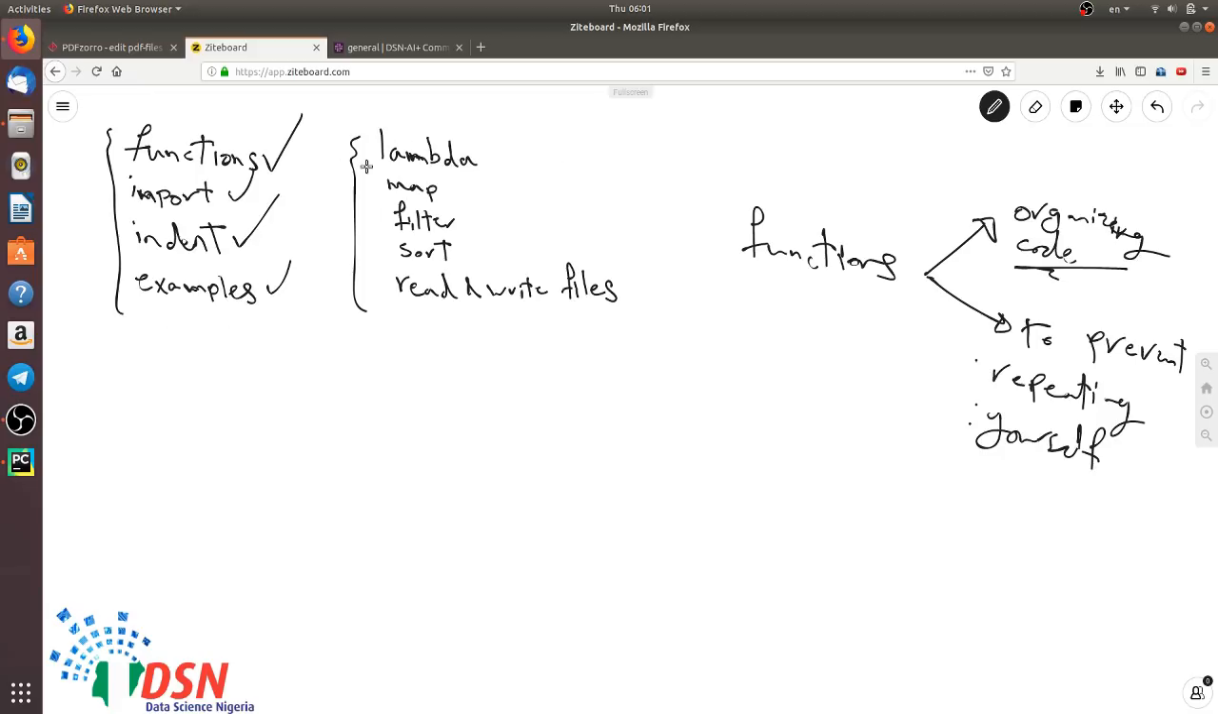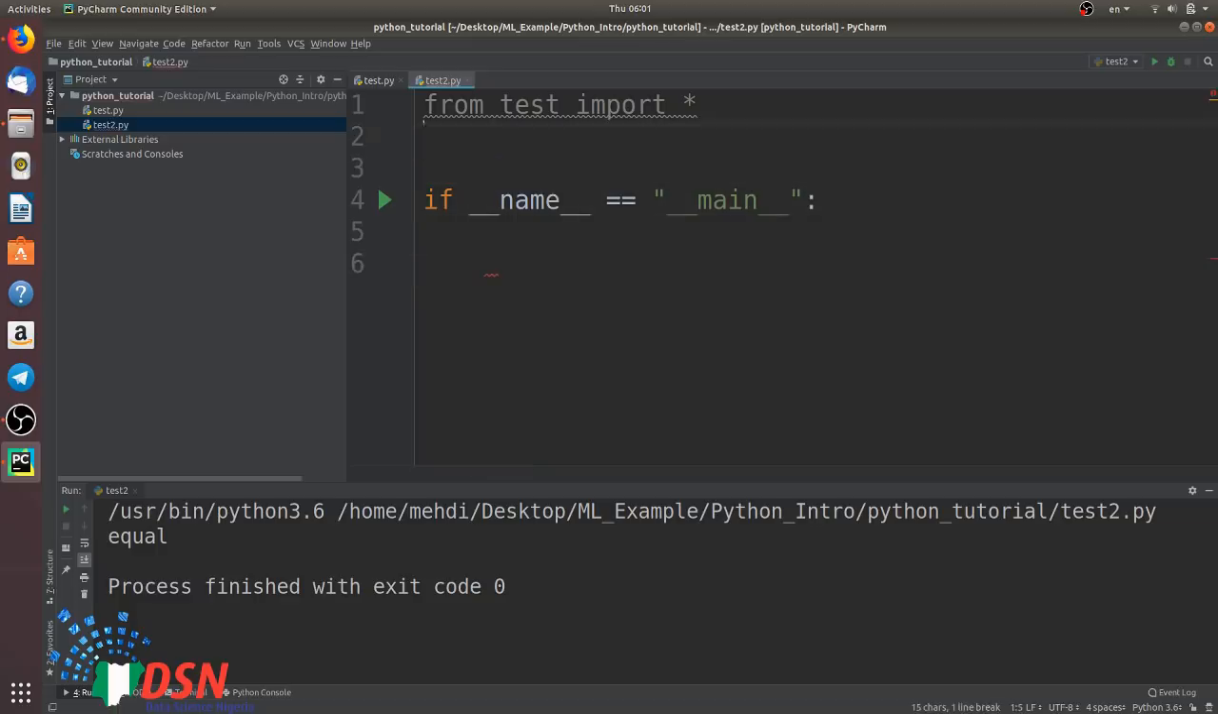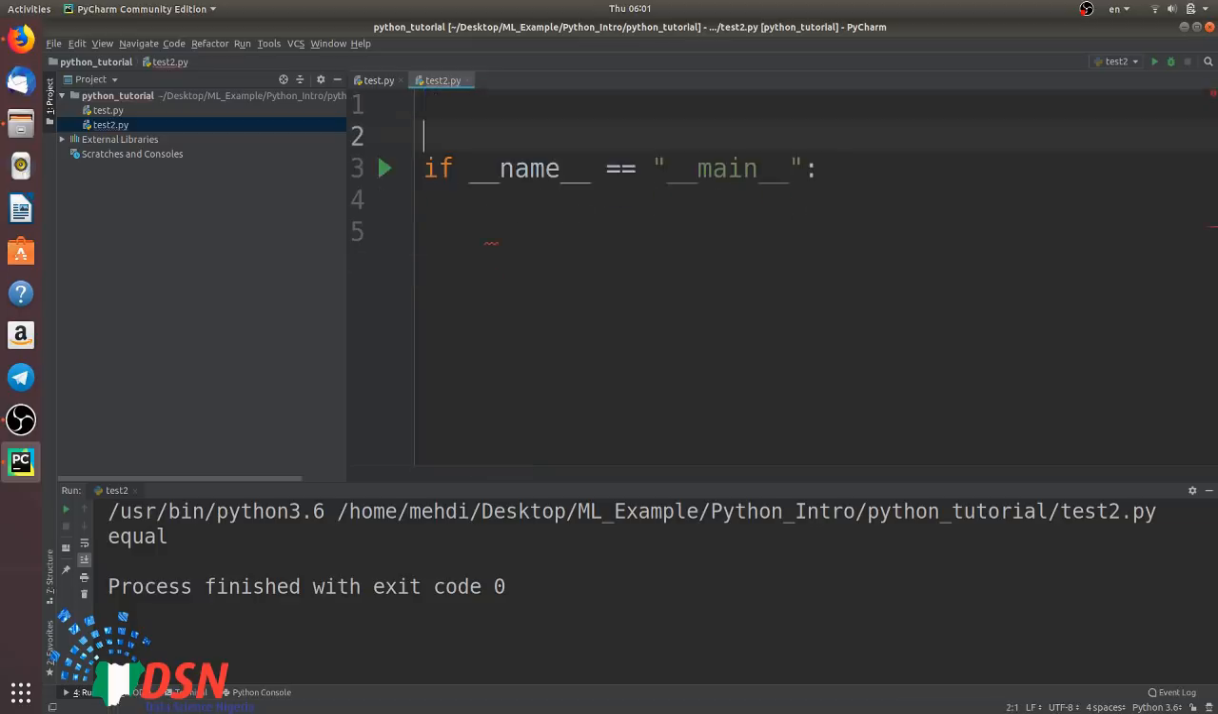Now you know basic concepts in Python. Now it is better to learn some tricks in Python to write your code more clean and actually write your code in a more Pythonic way. Okay,